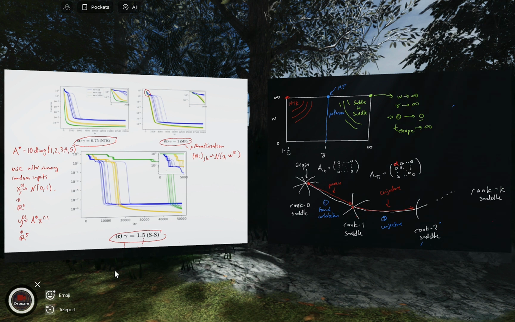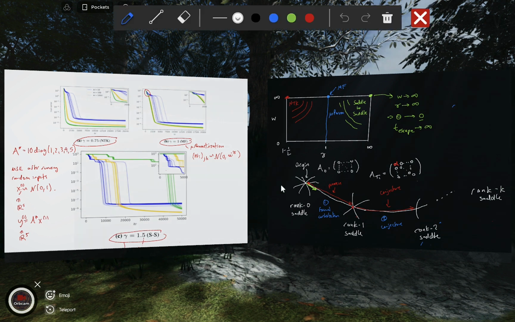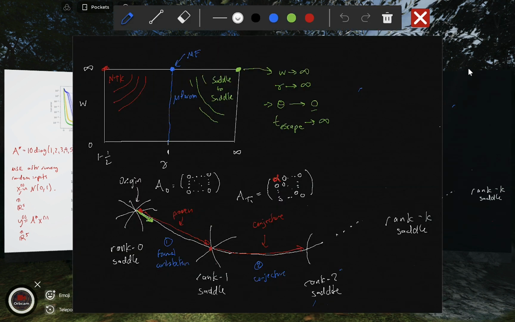Yeah, there's some direction. Let's draw it like this. So if going along this direction would lead to you escaping the saddle as quickly as is possible, then you're escaping along some path very close to it, and as quickly as it, and they can show this theoretically. They prove that this is the case.